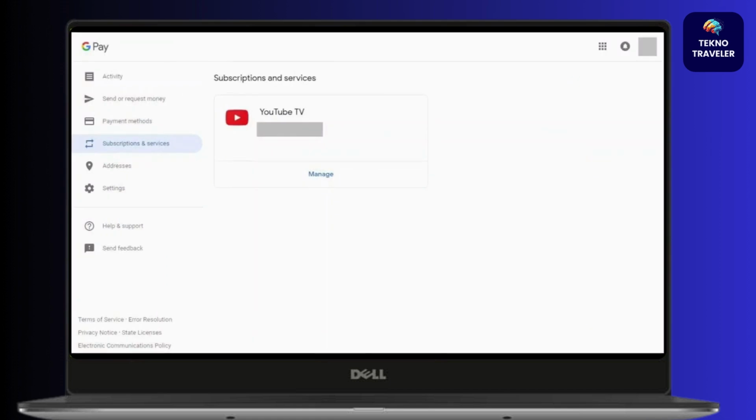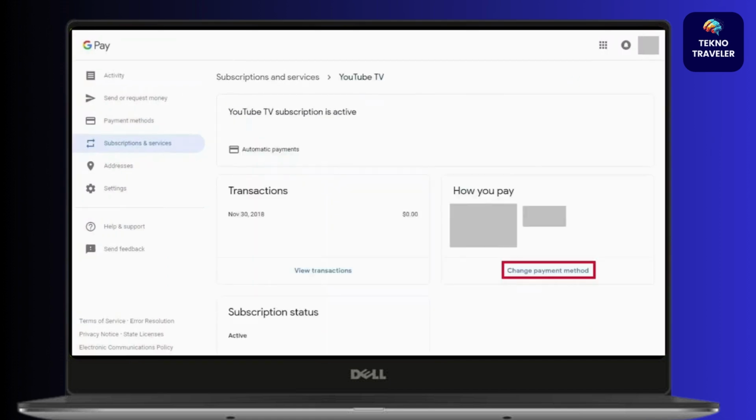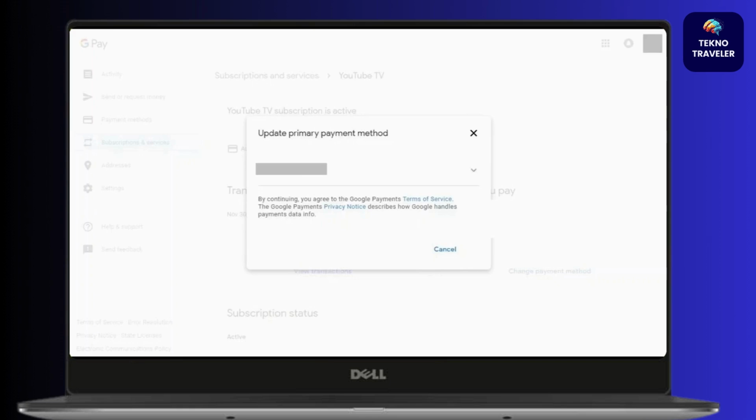Then this kind of screen will pop up. Scroll all the way down till you find Change Payment Method, or simply click on Manage and Payment Method will turn up. Click on the arrow,